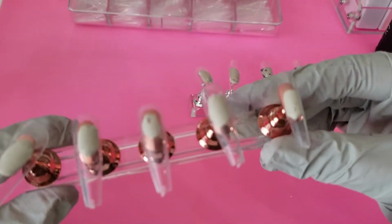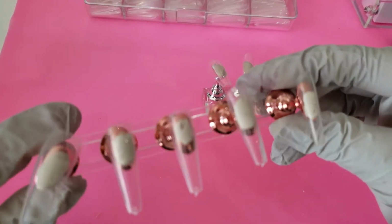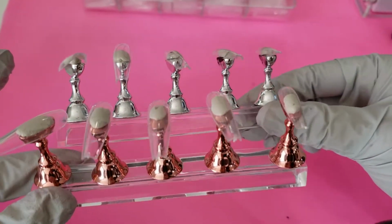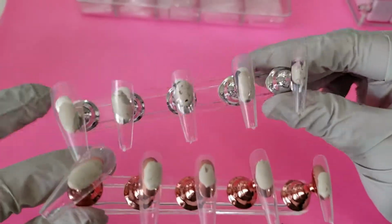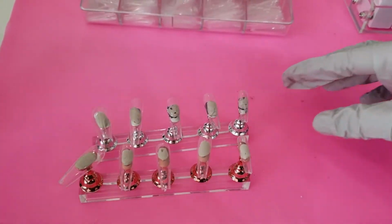And I got this as a set of 4 that came in 4 different colors. I believe it was silver, rose gold, gold, and pink. I can't tell the difference between any of the colors. They look exactly the same to me. I guess this one might be silver, this might be pink or rose gold. Anyways, I've prepped all my coffin nails according to my size, and